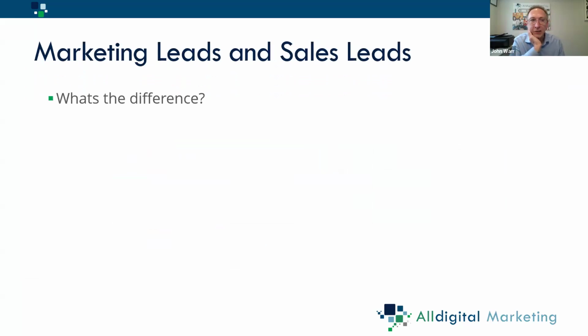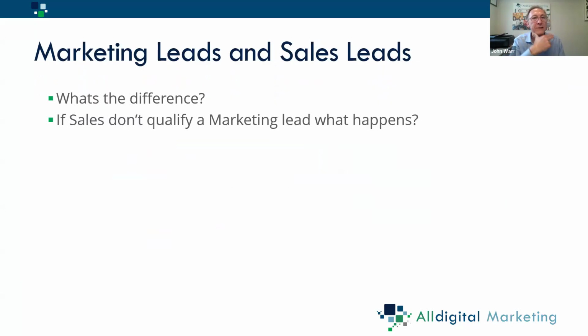So when we talk about engagement, firstly, let's just talk about the difference between a marketing lead and a sales lead. So if sales don't qualify a marketing lead, what happens? Marketers will probably turn around and say, well, somebody's completed a form, they've come on the website, they're interested in a white paper or a document or some information, so they're clearly interested. So a marketing person will just take somebody who's interested and pass it on to the sales team. Sales team might turn around and say, actually, I'm sorry, they're not actually in a position to buy at the moment. They're probably another 12 months away, and they don't bother to follow that lead up.